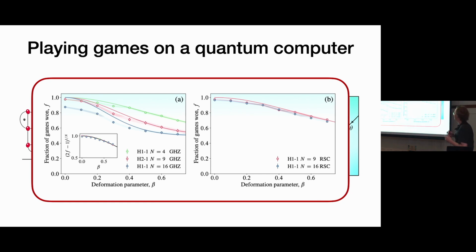Okay, and then maybe I should say what the expectation is if you were to explore this further: if you could play this game cleanly, where you just have this deformation and not these other sources of noise, all of these lines would essentially collapse onto each other for n growing, and the point where they cross into the non-quantum advantage should have something to do with the topological phase transition to the trivial phase.